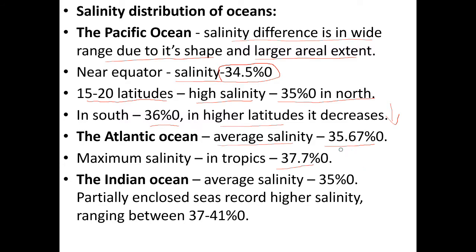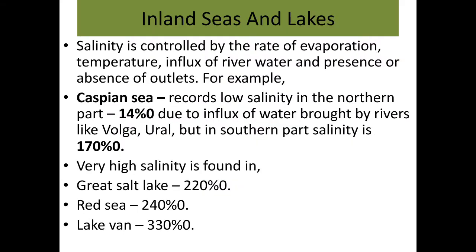In the enclosed sea regions, the salinity varies depending upon the amount of water input and the temperature. The Indian Ocean average salinity is 35 per thousand, and partially enclosed seas record higher salinity, ranging between 37 to 41 per thousand. Inland seas and lakes have a different